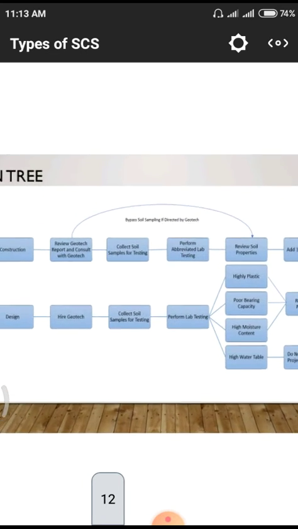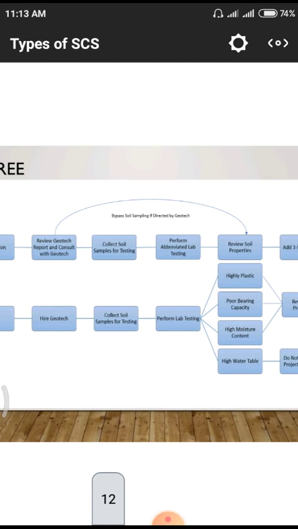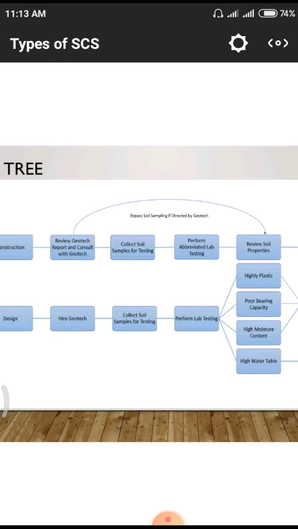These are the flow diagrams. First of all we need to plan. After that we go for design and construction simultaneously, in a step by step process. When the design is over we have to go for geotechnical parameters. That means the total soils we have to observe in the presence of geotechnical engineers. They have some knowledge of these soil parameters and strengths.